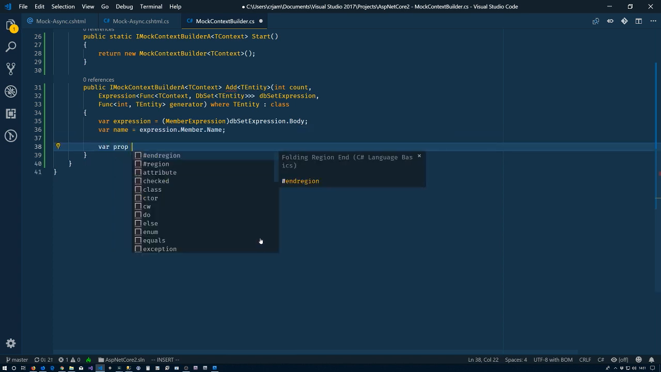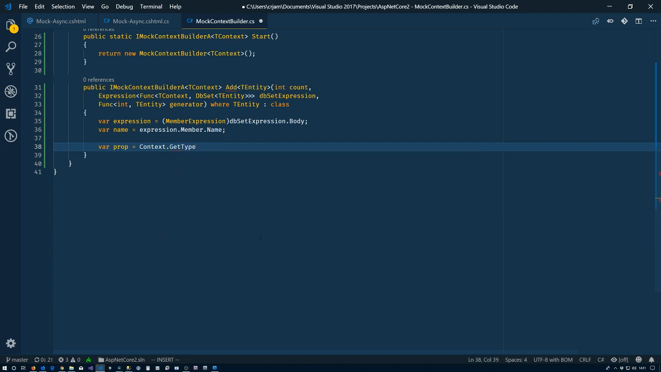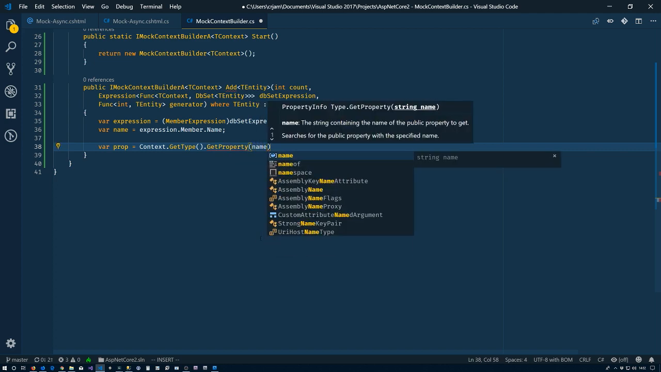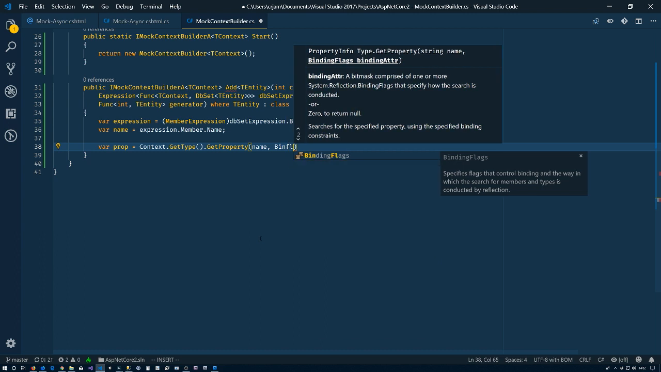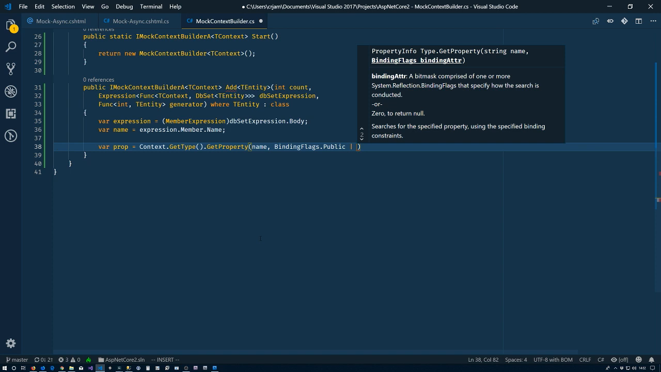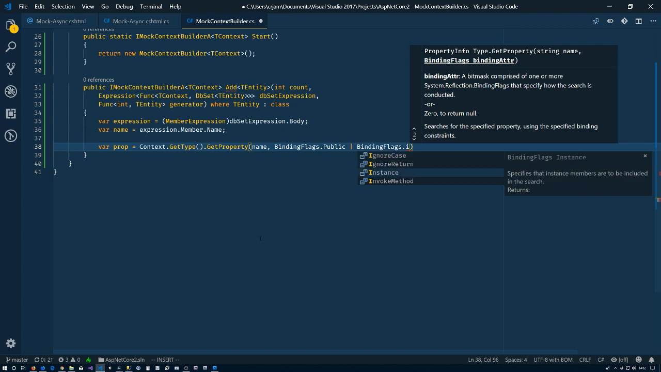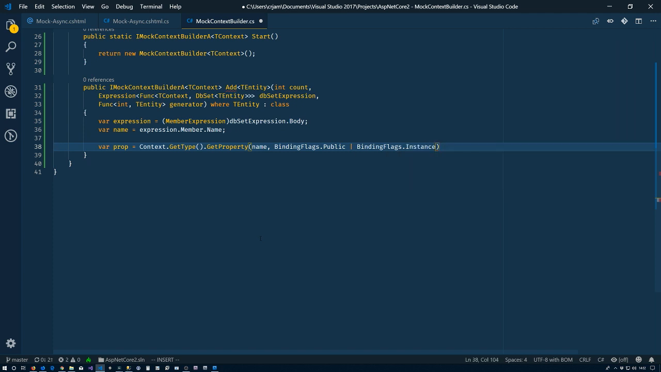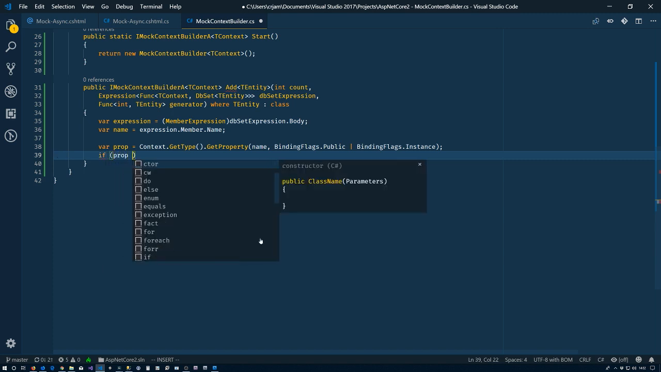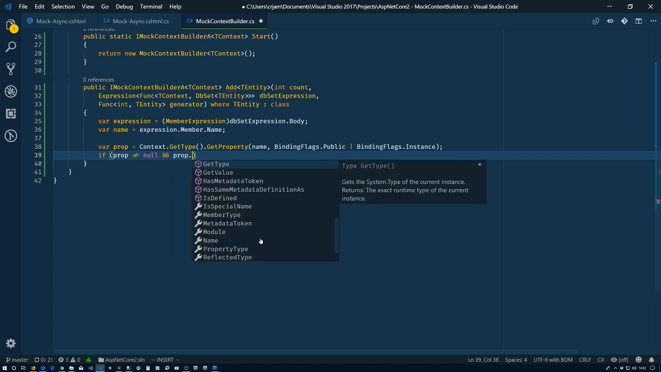And the prop that we're trying to set is going to be on the context.GetType().GetProperty. Which property? Well, the name. And we'll do BindingFlags.Public or BindingFlags.Instance. All right, so we have our prop. So if the prop is not equal to null and prop.CanWrite, then